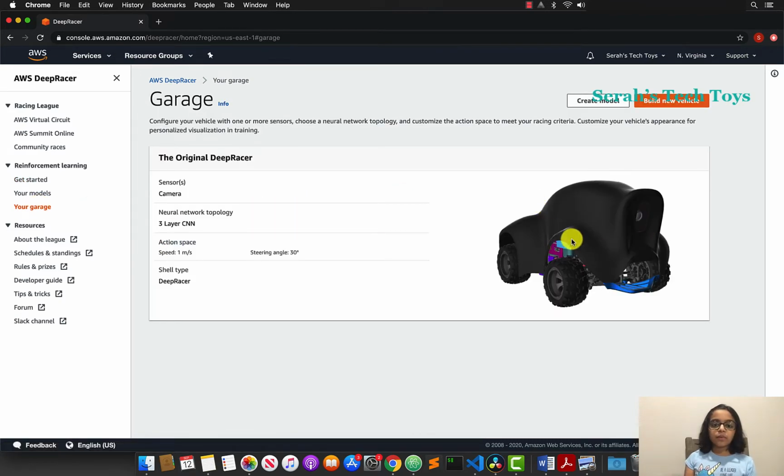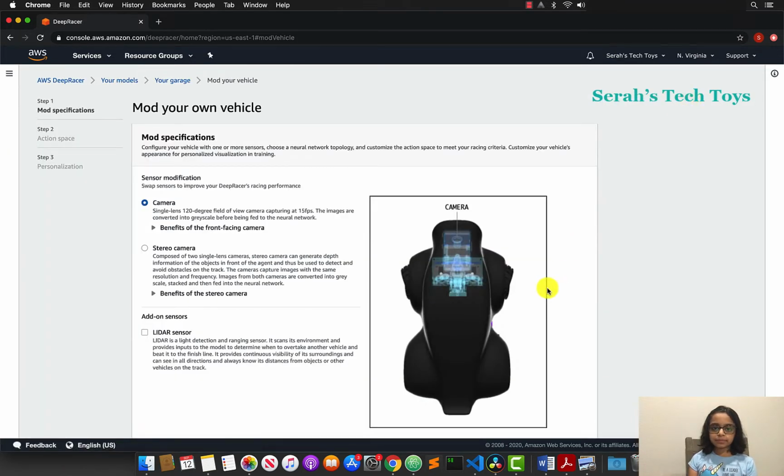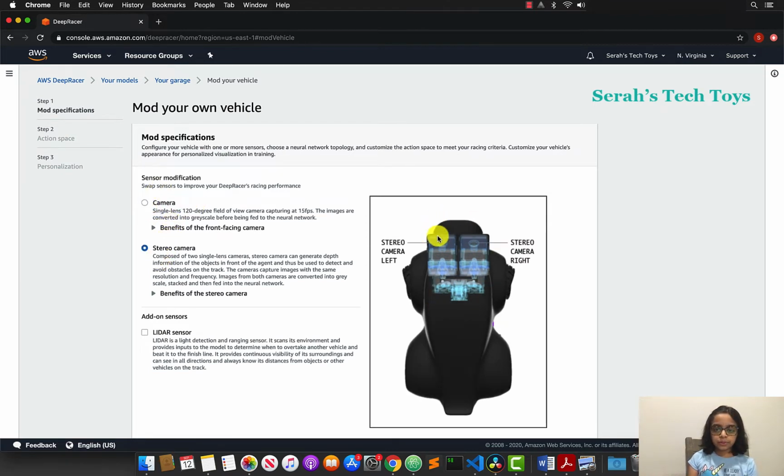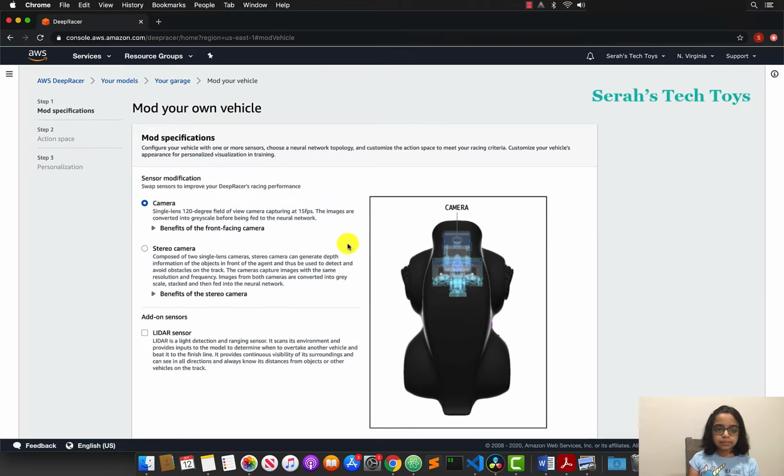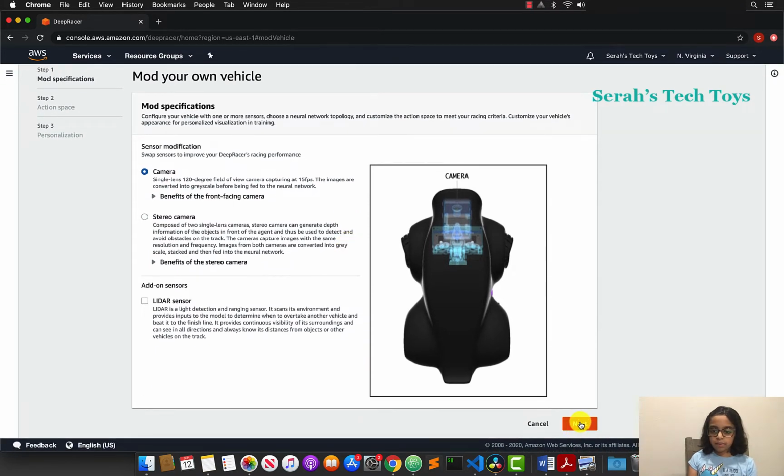And this is the default DeepRacer. The speed is 1 and the steering angle is 30 degrees. Now we will make a new vehicle. We can pick the camera, the single lens, or the stereo camera, which is with 2 cameras, but we're just going to do 1. And now we will press on next,